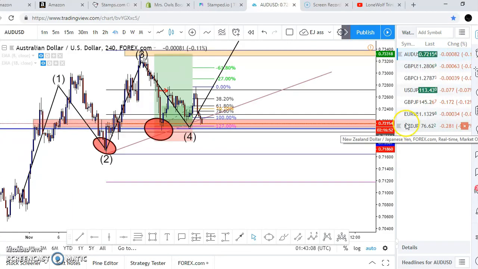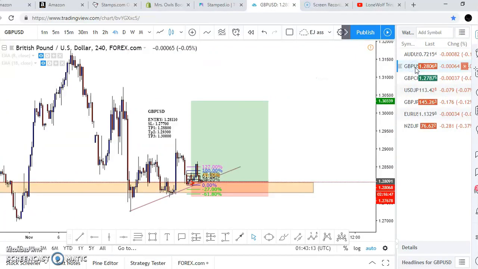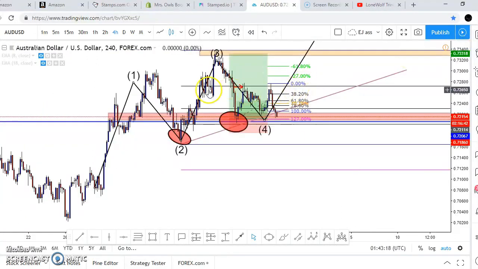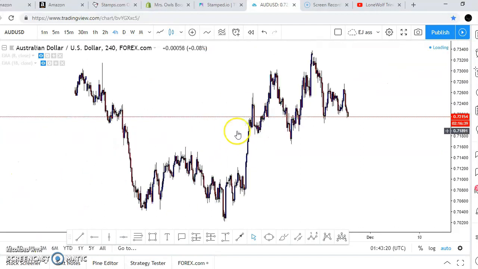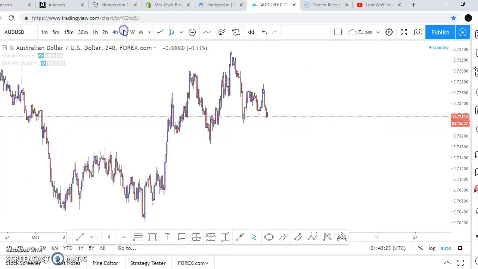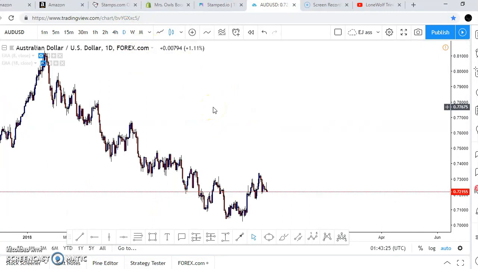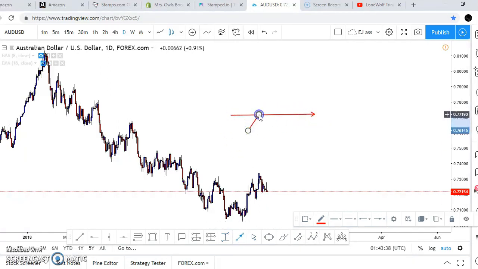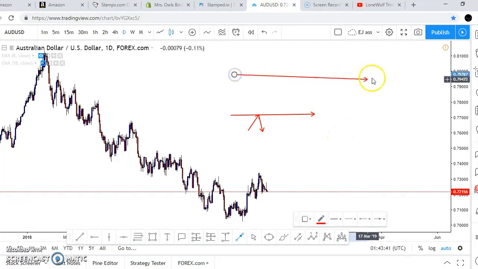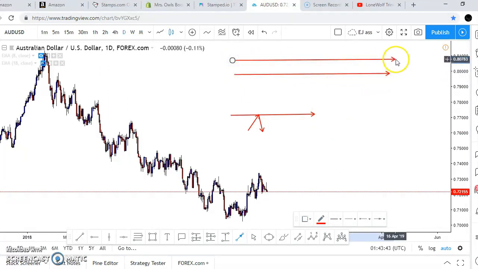Let's talk about zones. Let's use AU, AU is fine by me. We're just going to talk about zones real quick so you guys can understand what I mean. You have support resistance, and then you have supply and demand zones. Once you first start trading, you basically talk about support resistance. Support resistance is a line: price touches it, it rejects it. Now, once you get better at trading and you understand supply and demand,